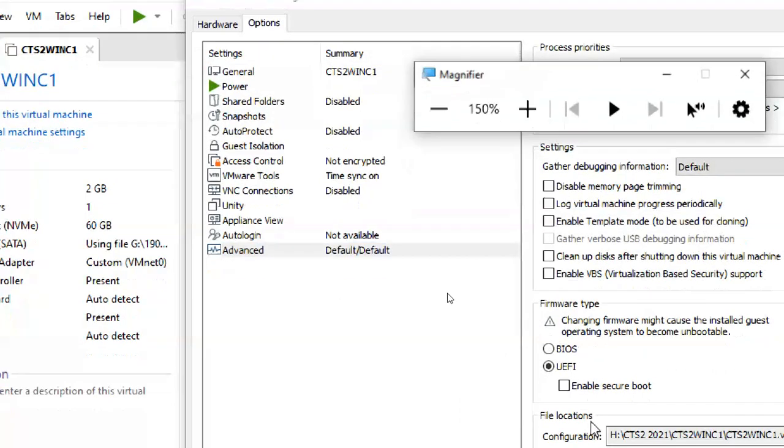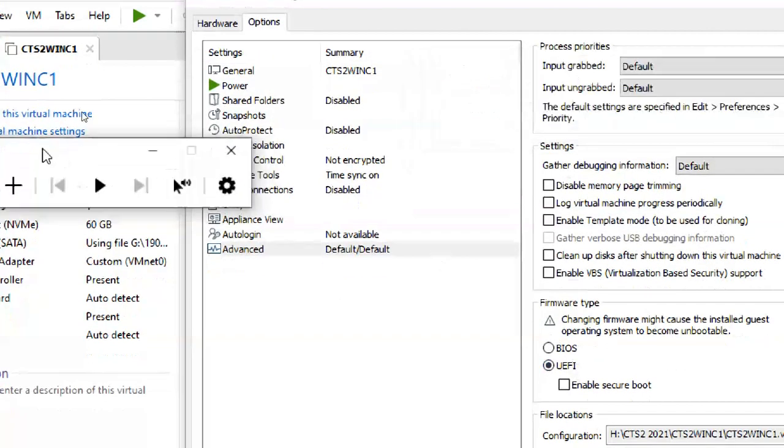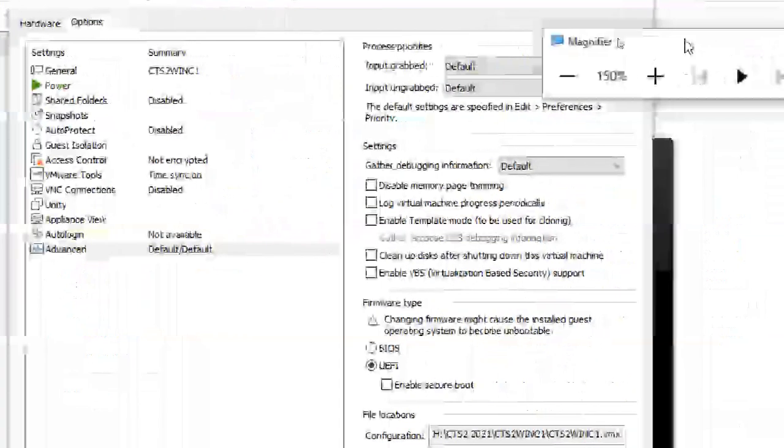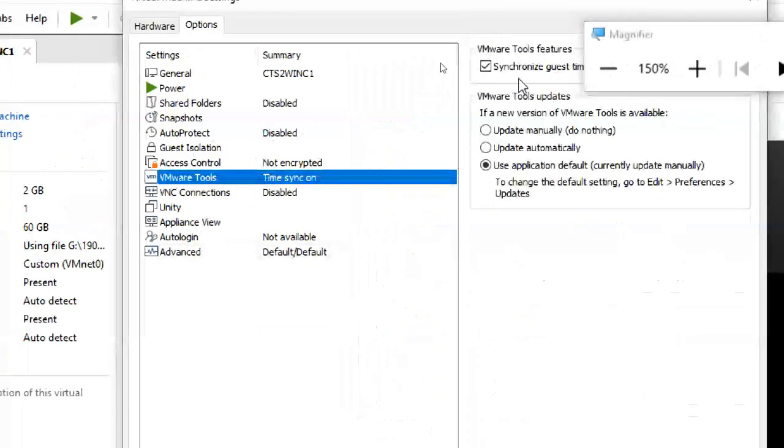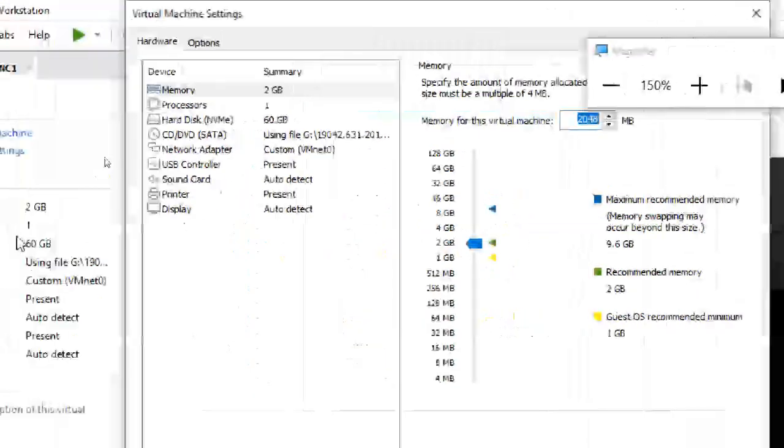Make sure you selected UEFI. By default it is selected as UEFI because your VMware version will like that only. Okay, time sync off, completed. Others are currently not required. Okay, this one. Now guys,